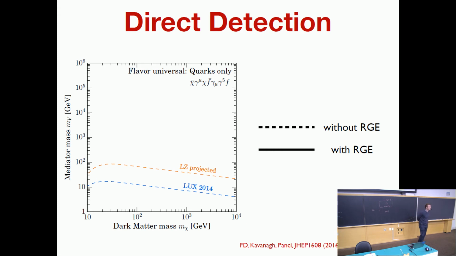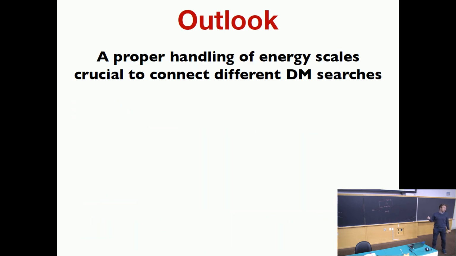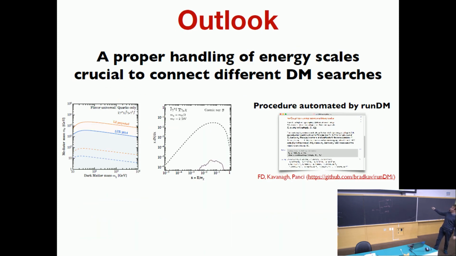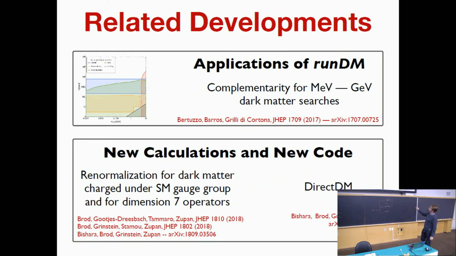Can I ask you the difference between RunDM and DirectDM? So DirectDM does what? I'm trying to understand, because it's from one year ago, but it's recent. Being very honest with you, where is the slide? Sorry, here. The type of calculations they did is